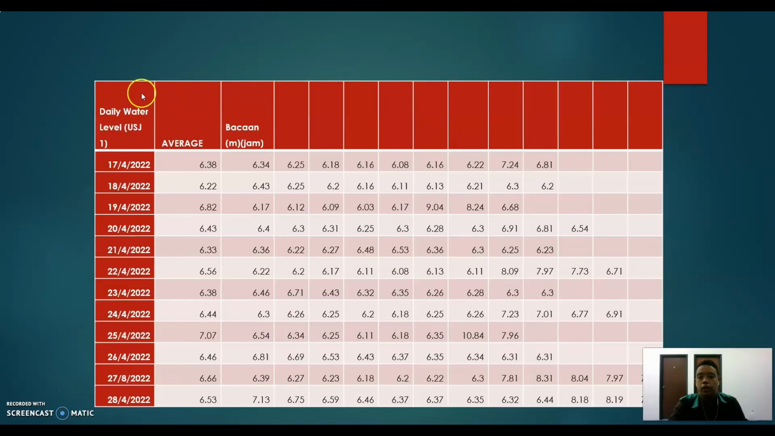Here is the water level data for HAQIMI. This is the table, and these are the readings in meter, recorded by hours. You can see this is an example of our group data. So next,